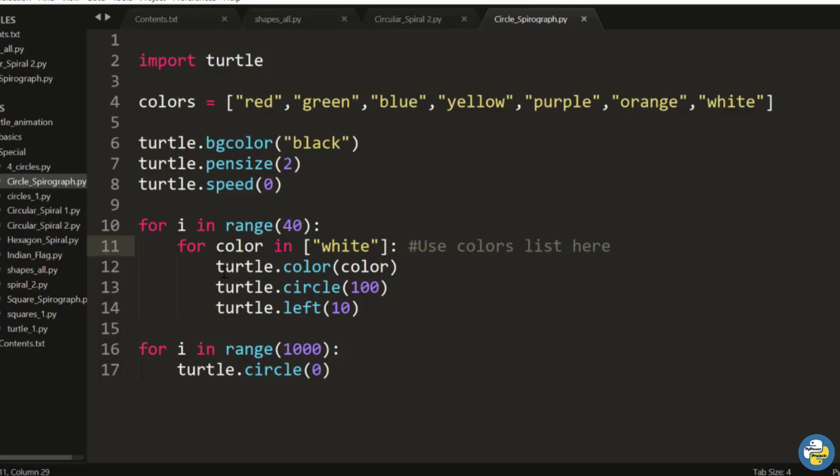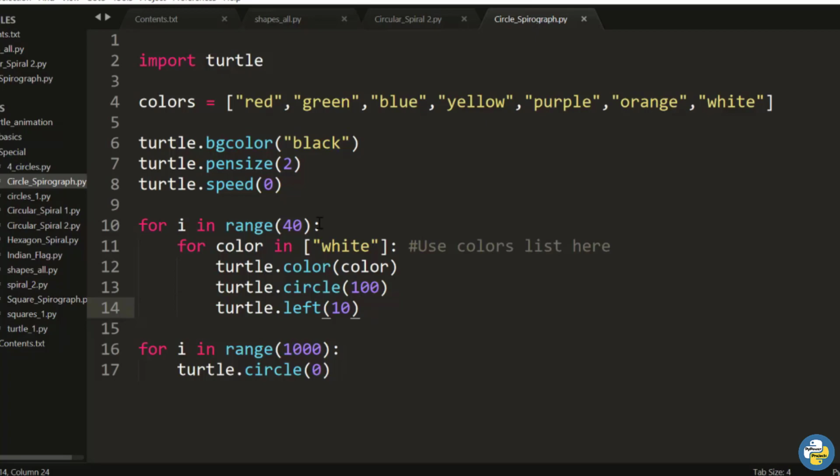Now this will make a circle of 100 and it will move 10 degrees left. The code is pretty simple. You can see that it is only making a circle and moving left, making a circle of 100 and moving left, making a circle and moving left. But you can see that the output of it is a wonderful and fantastic design.